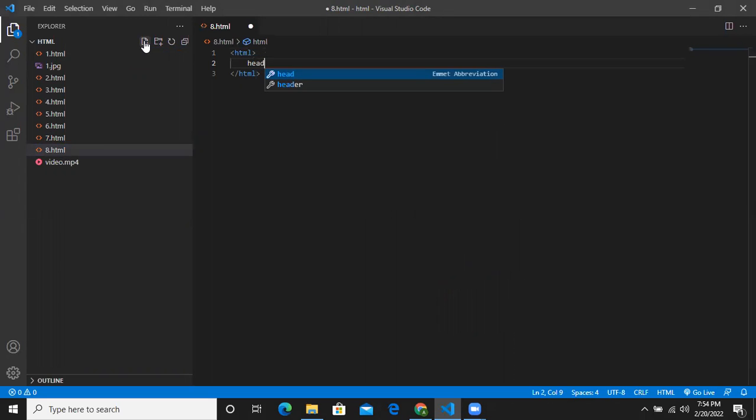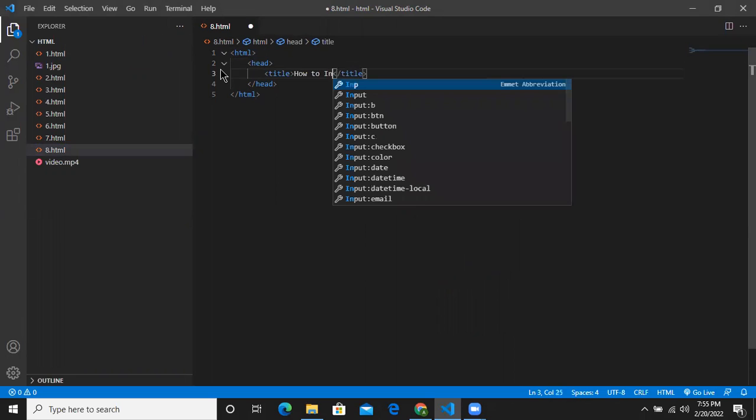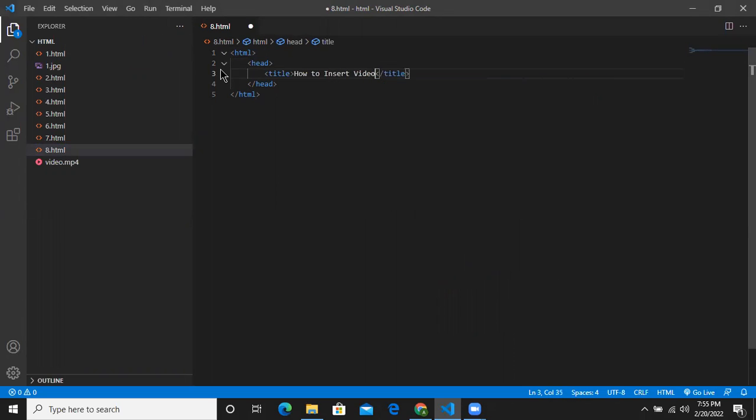HTML, head and title, and in title I will write this: how to insert video in HTML. Okay, now I will make body tag. In body tag I will write